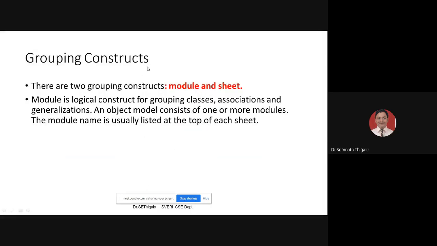Now we can understand that a grouping construct is nothing but this: whatever project you have, that project is divided into different packages.